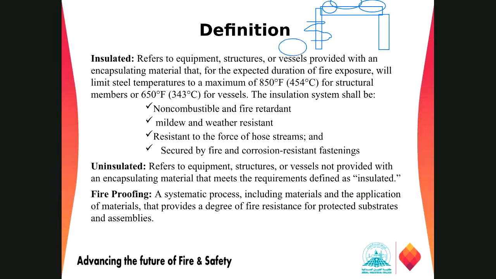If there is a fire in these nearby areas, the fire will spread to this side, and the steel will start losing its properties if it is not fireproofed or there is no water spray system. So if the column is damaged, the pipe rack will collapse. If you are from the process industry, from petrochemicals or refineries, you know the meaning of the pipe rack, and you are catching the point.